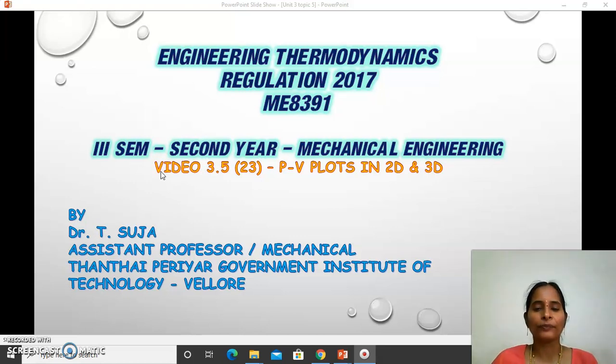Now we are going to continue with some more methodologies, terminologies, and concepts which we left in the PV coordinate, as well as the next updated version, the three-dimensional view, that is PVT. We will link the temperature also in the same plot, so that you can see the PV plot in the three-dimensional view and your understanding is further enriched. Shall we move to the video?